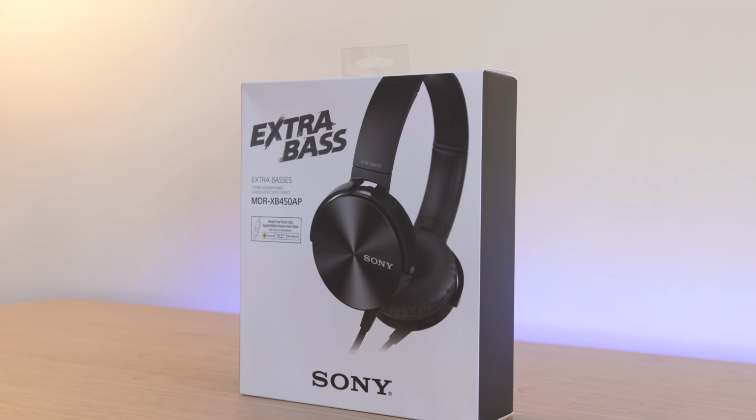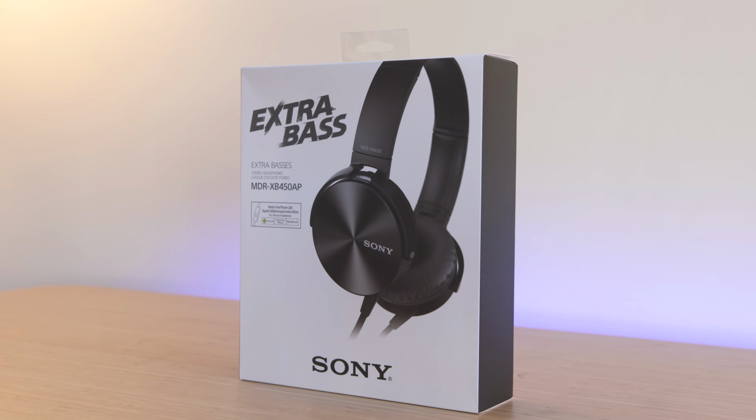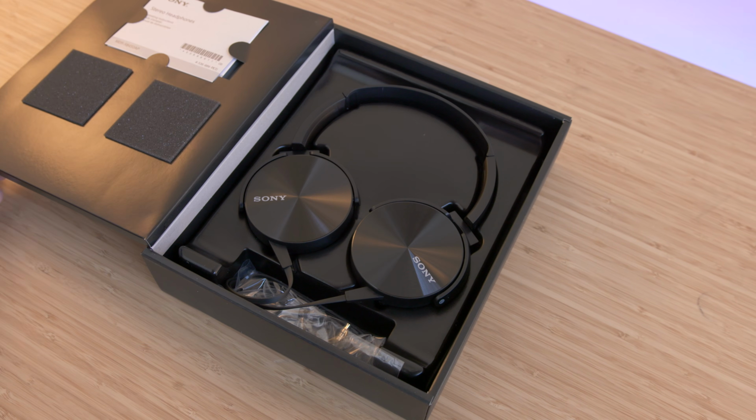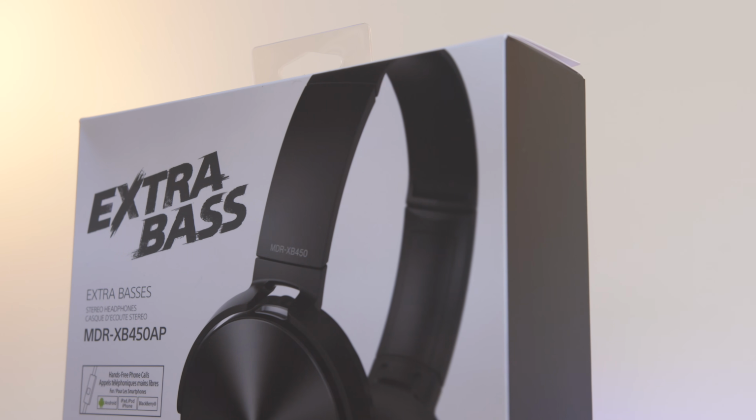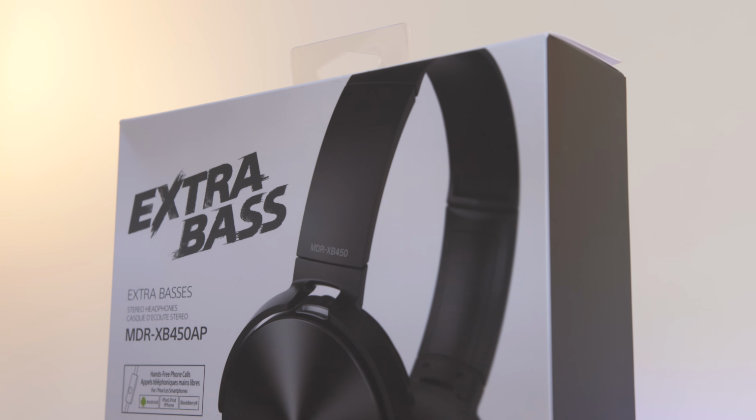Kicking things off, we have the Sony MDR 450 headphones. Pop open the box and you'll see they're actually pretty good looking. I'm usually not a huge fan of on-ear headphones, but the 450s are comfortable even for longer periods. The giant extra bass on the box might give you a hint to how these sound, but for the price